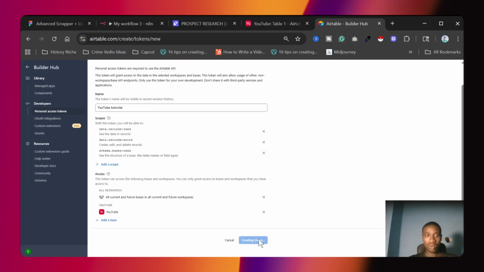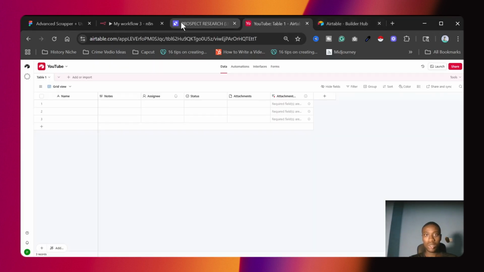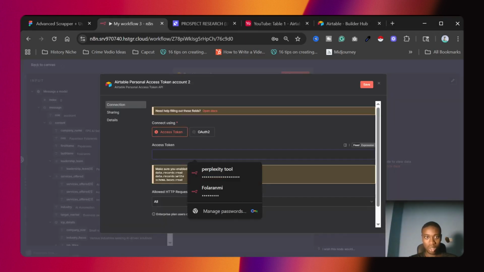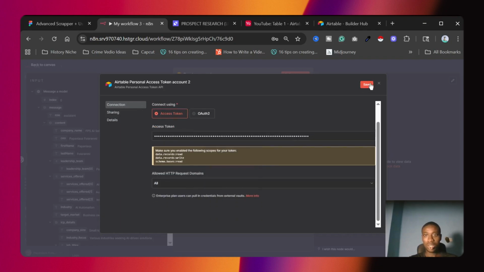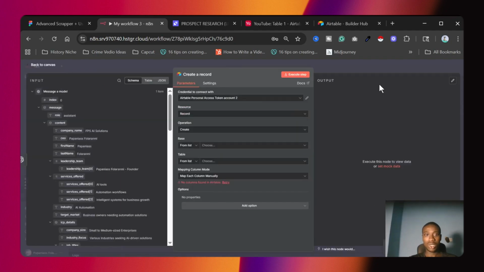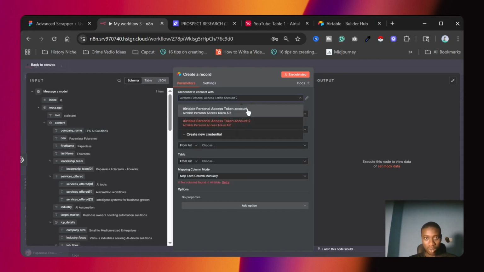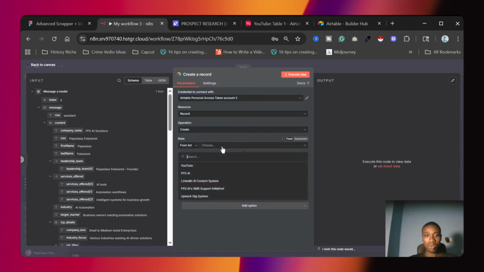So create a token. Then you copy the token that has been created, and you come back to n8n here, you paste it in, then you click on save. So it's as easy as that. Everything is already saved. So now I can choose my account. Okay, yeah. So then now you see all the workspaces. The workspace you created, you're going to see it here. Then you select it, then you're going to see the table you also selected.